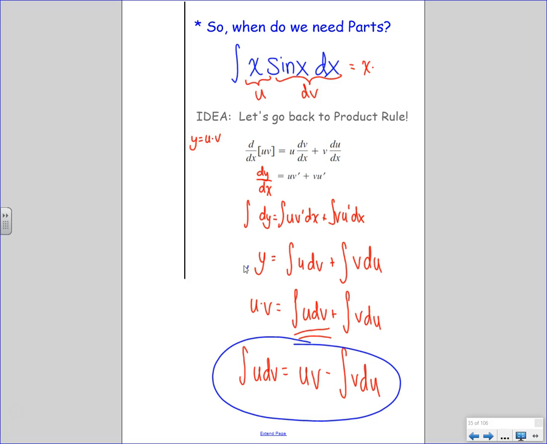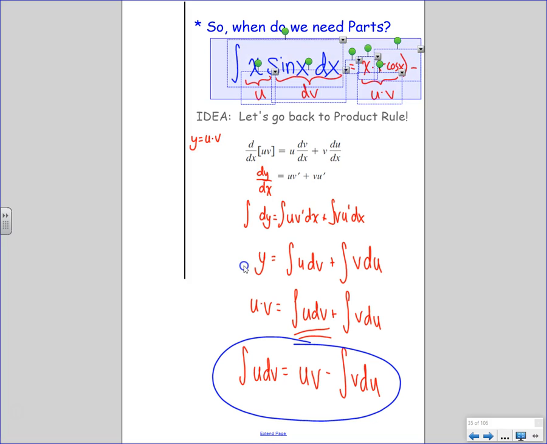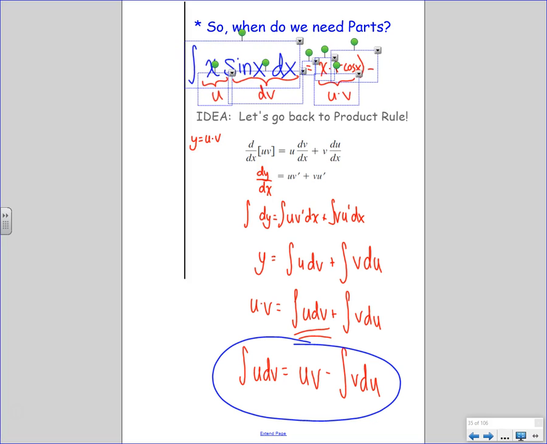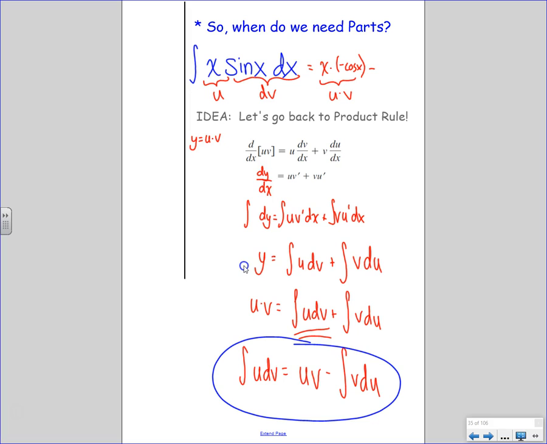Okay, so we have to integrate. In order to get our u times v, if this is dv, then what's the original? If this was the derivative, where did it come from? We have to integrate just sine of x dx. And what would be the integral of sine of x dx? Negative cosine of x. So first of all, you have to choose a dv that can actually be integrated, or else you couldn't possibly get that piece. But we could integrate sine.